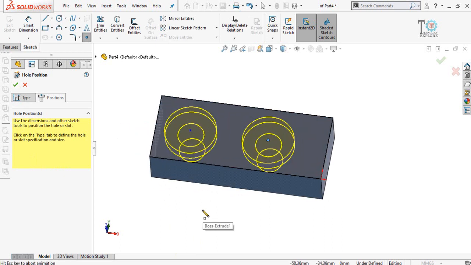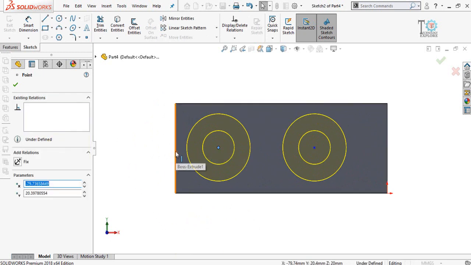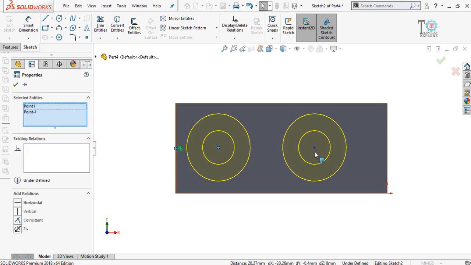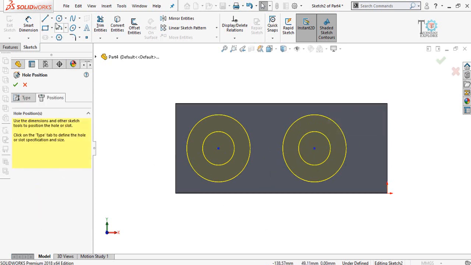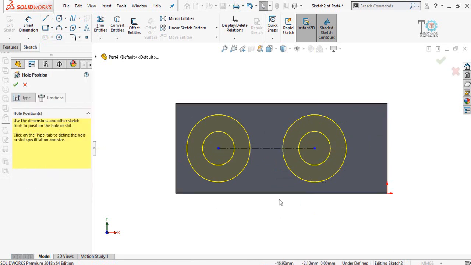Then press Ctrl+8 on your keyboard for normal to view orientation, and then press escape and make some relations. Let's say I'm going to make the holes just in the middle. Then select make horizontal. Similarly, select a center line and draw between these 2 points.